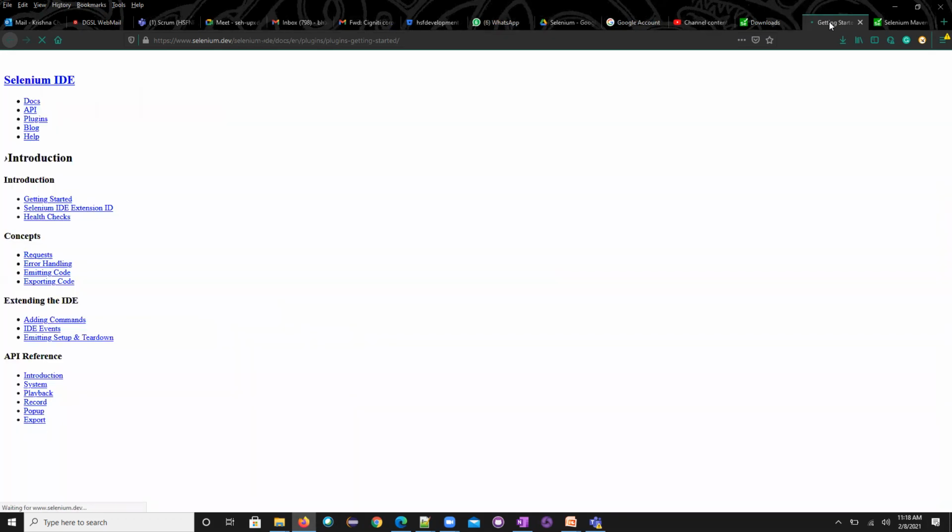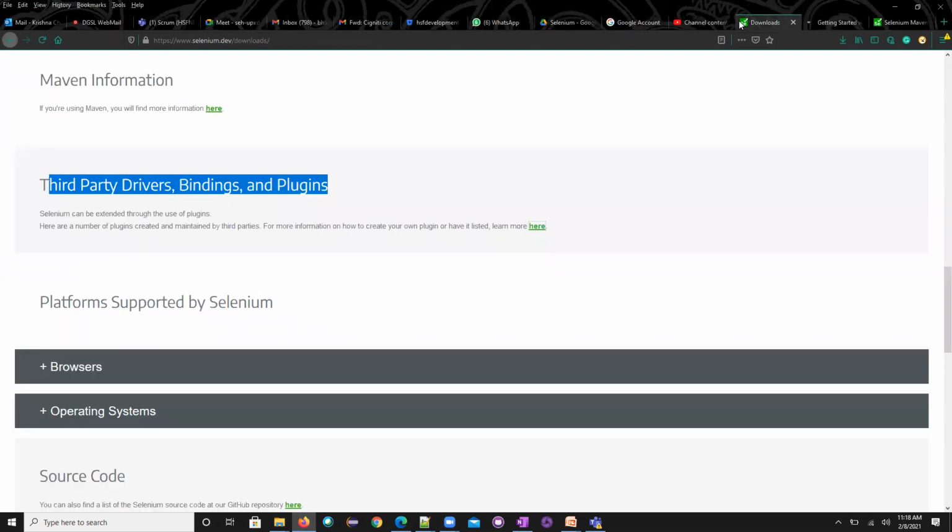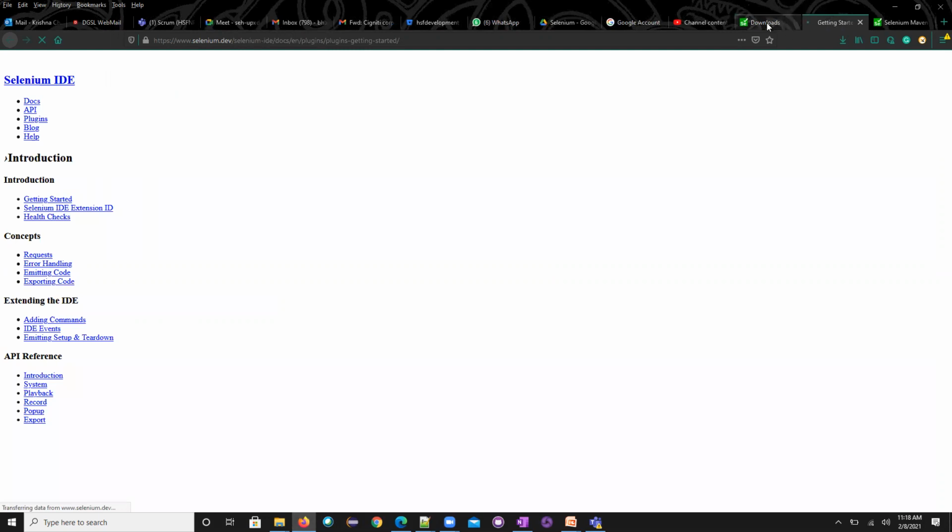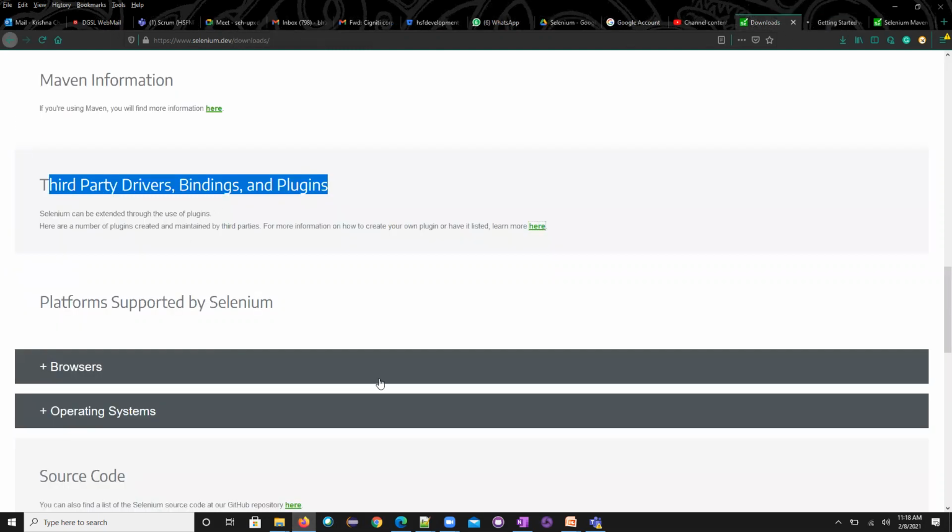Why do they want to do it for Selenium? Because Selenium is popular. Many of the companies are using Selenium. So that's where they try to do all these particular things. If it is not popular, they will not support it, they will not concentrate on that particular tool. As this is a popular tool, all the third-party people, from Chrome, Google, Firefox, Mozilla, they all will prepare and keep it. So all the third-party jars will be available here.